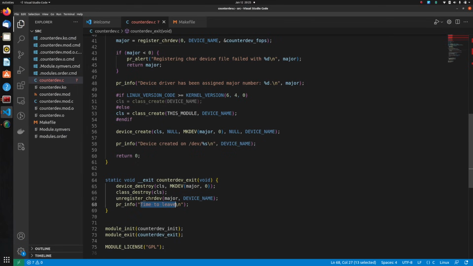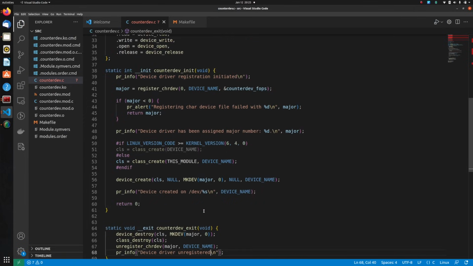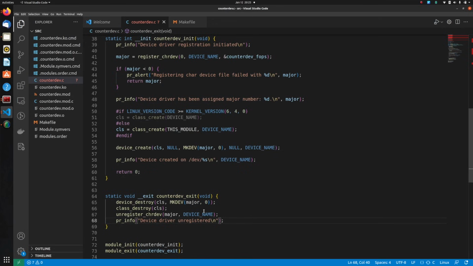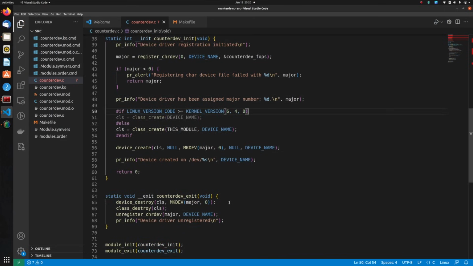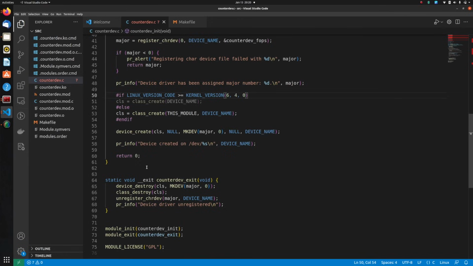And finally let's do a proper logging. Let's say device driver unregister. Cool. That's our initialization, and that's our init and exit functions extended to support the device driver that we are writing. Okay, so now that we have our registration and deregistration functions, or rather init and exit methods set up,